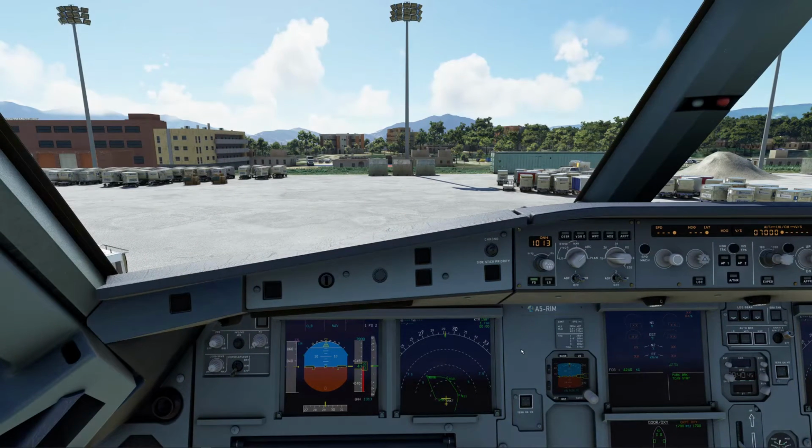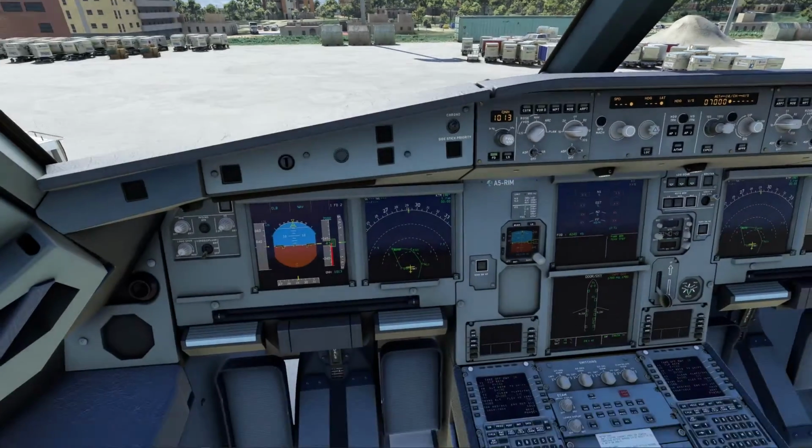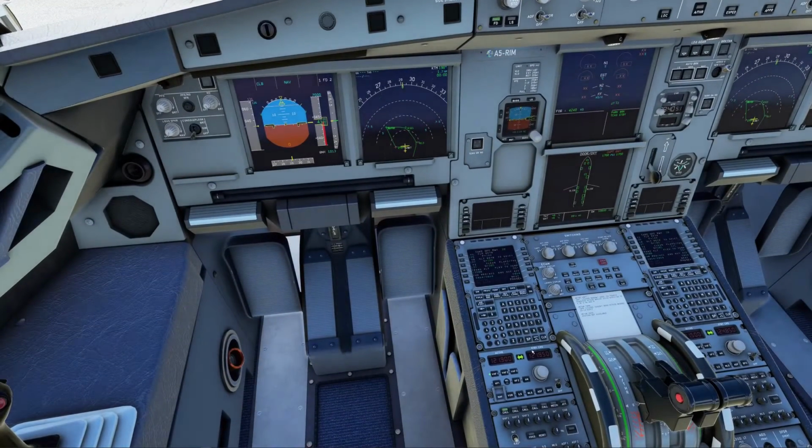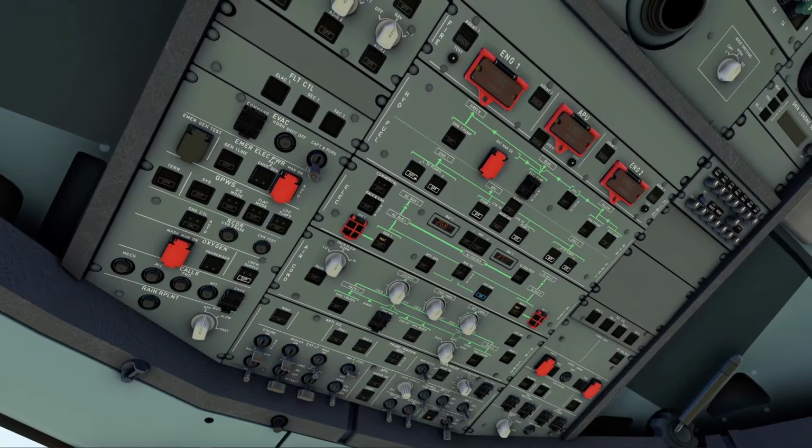Alright, so what we want to do now is just go through our flows before we actually start our pushback. So let's go. Right, so starting off from here, crew supply, and this is okay.